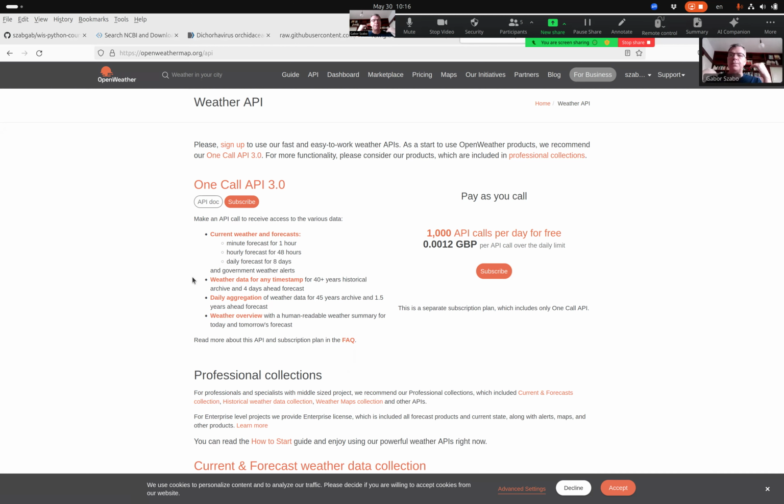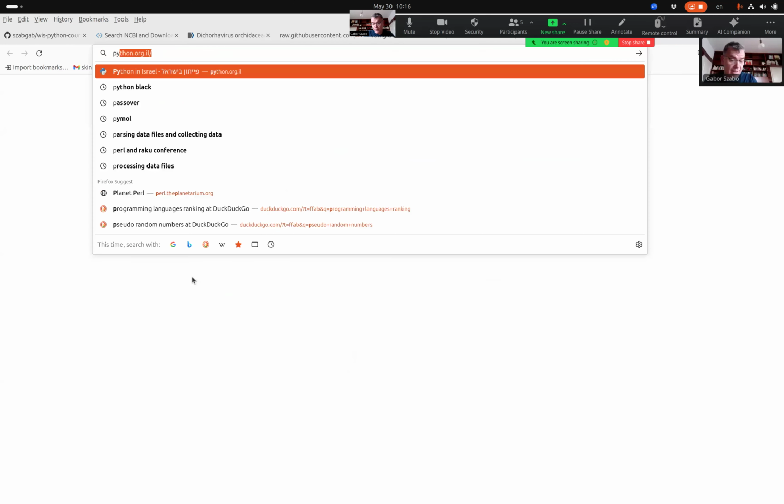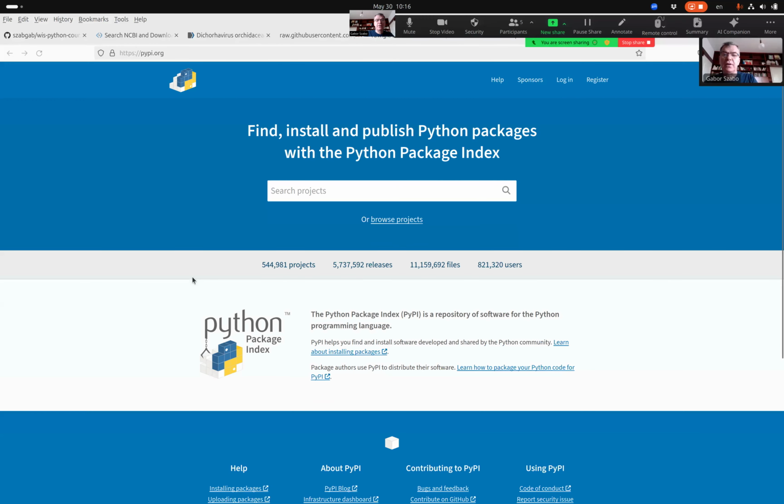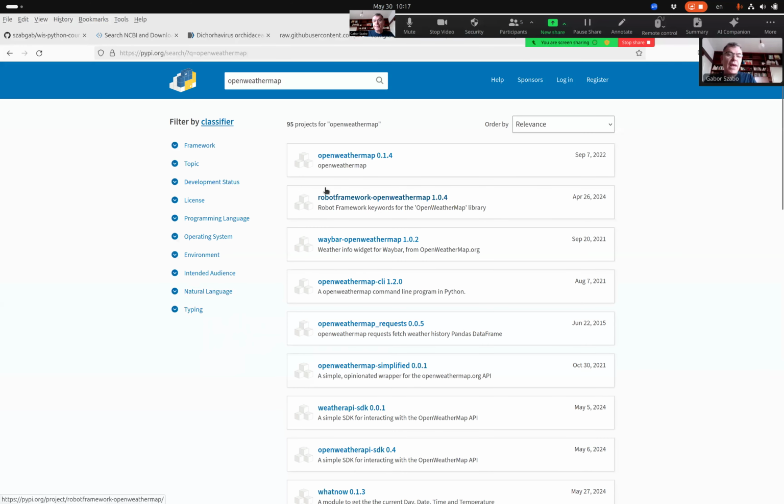And if this is some popular website, like this OpenWeatherMap, you probably don't even have to implement all the communication with the website. Let's see if it's true for the OpenWeatherMap API. Yep, it has quite a few libraries implemented. This is rather old, this is newer. I don't know what each one of them does. There are newer ones, like the Open Weather API. Okay, so there are several of these libraries,